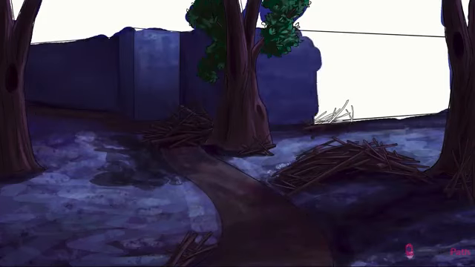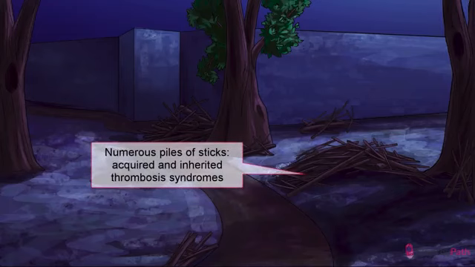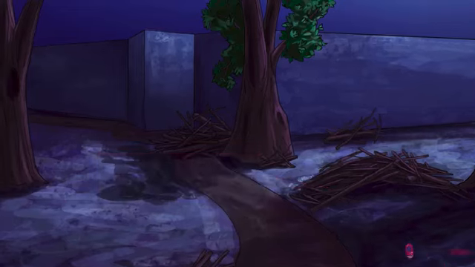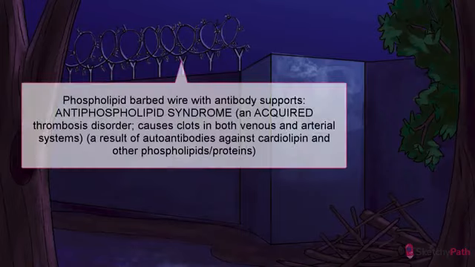Antiphospholipid syndrome represents a heterogeneous group of mechanisms that all end in the same result, clot formation. So around this POW camp, we've scattered a few thrombotic bunches of sticks, being used as cover for a few escapees. The classic manifestations of antiphospholipid syndrome include pathologic thrombosis in the venous and arterial system, as well as recurrent pregnancy loss. What sets this disorder apart from the other thrombotic syndromes, however, is the presence of antiphospholipid antibodies in